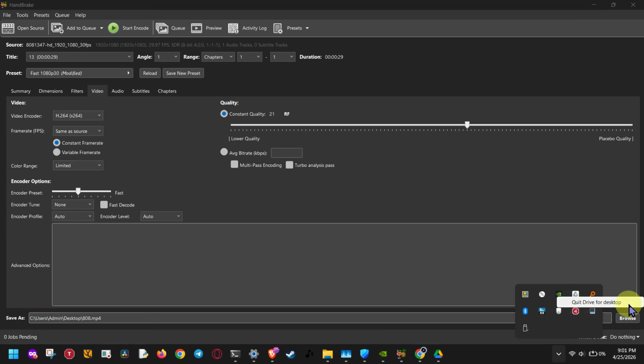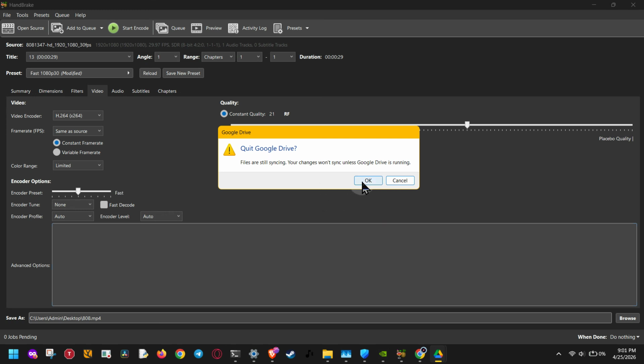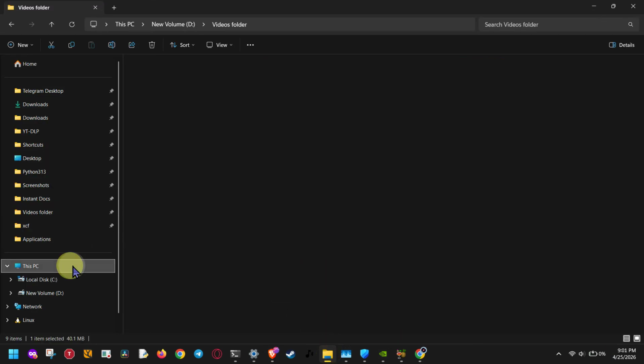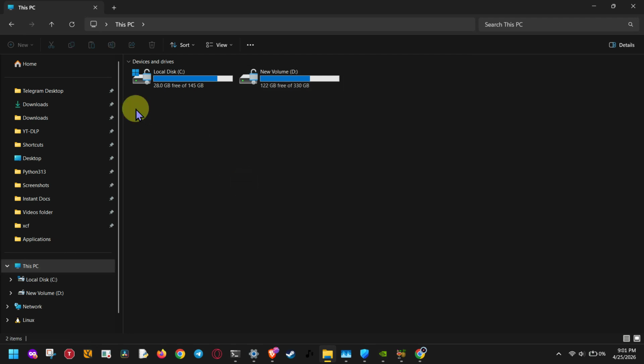Now let's check another very common cause, and that is available disk space. If your drive is nearly full, HandBrake may fail when it tries to create the output file. Even if the conversion starts, it can still stop partway through because there is not enough room to finish writing the video. So open your drive in File Explorer or Finder and make sure you have enough free space for